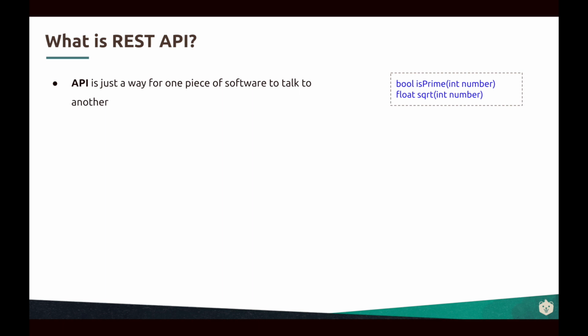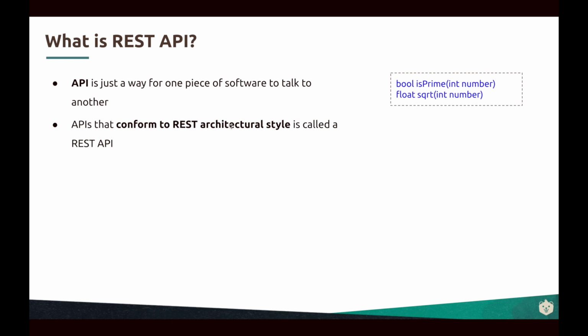You could be using a for loop with int i equal to 0, i++, or you could be doing double hops with i += 2. I don't really care. As long as you give me a contract wherein you say, you give me an integer, I'll make sure that I take care of all the logic and return you whether or not the number is prime. I don't really care about the implementation. Similarly, I can have a bunch of similar function contracts wherein you tell me this is the input you have to give me and this is the output I will give you back. So these sets of contracts is called an API, or application programming interface.